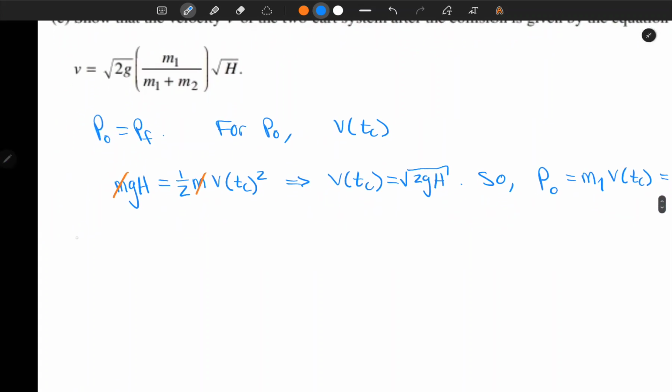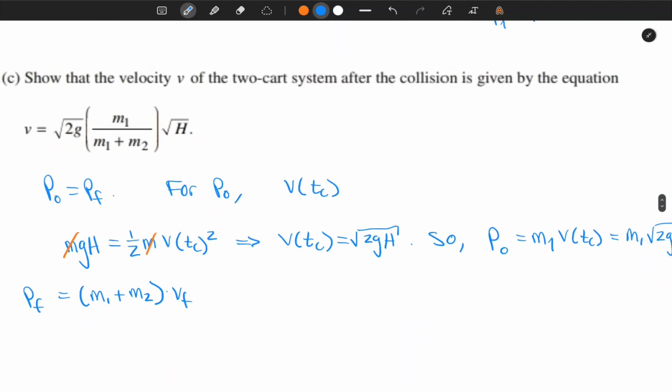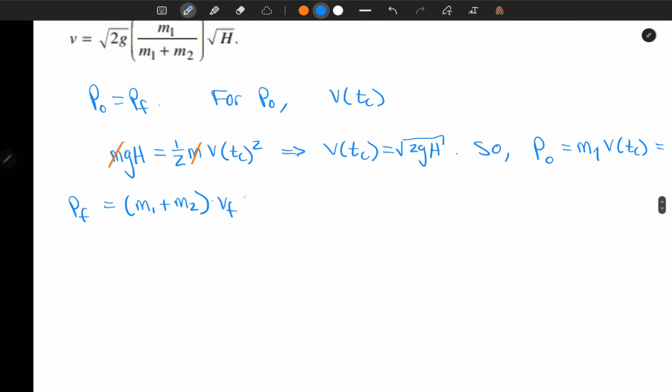Next, we know that the final momentum, Pf, is, well, the carts are combined, so the total mass of the two carts combined is m1 plus m2, and the momentum is this mass times some final velocity Vf. We don't know what that final velocity is. Solving for that final velocity, which is exactly what we want, the velocity after the collision, what I call here Vf,